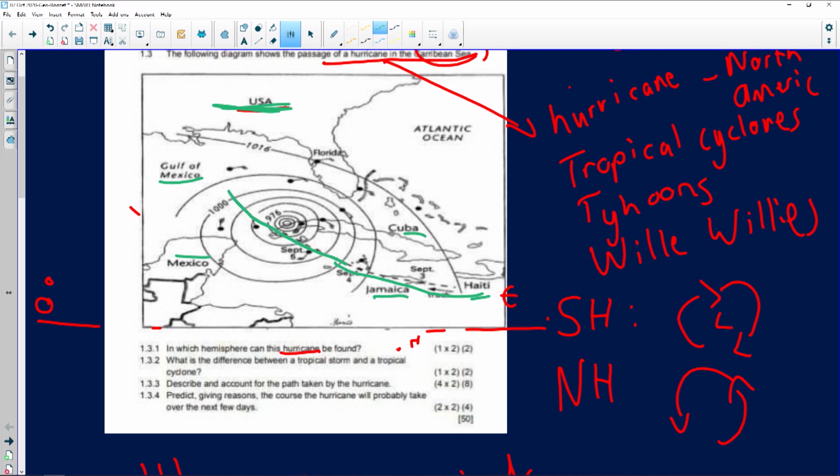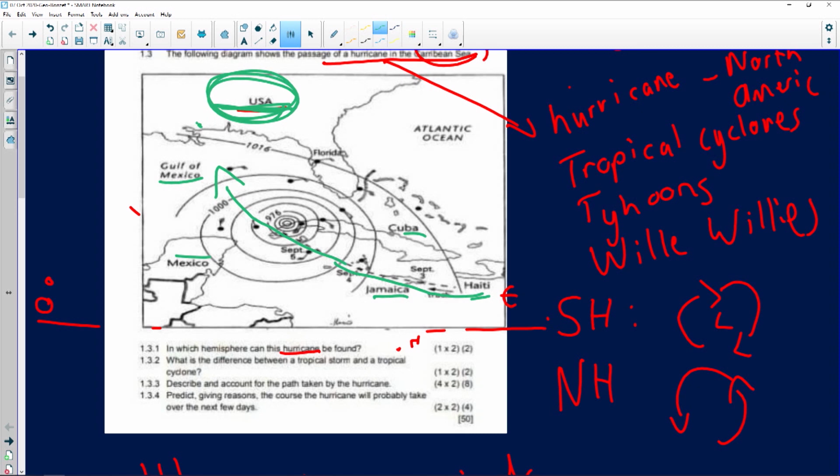But as the system moves west, it makes landfall. And as soon as it makes landfall, it starts to dissipate. What does dissipating mean? It's dying out. The simple reason is because it's not moving over the ocean anymore. I mentioned to you a couple of minutes ago that the ocean temperature, the physical ocean, is the fuel for the storm. So if it can't move over warm ocean waters, it's going to dissipate. It's going to die out.